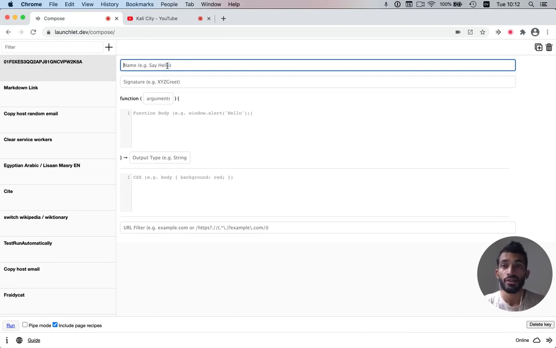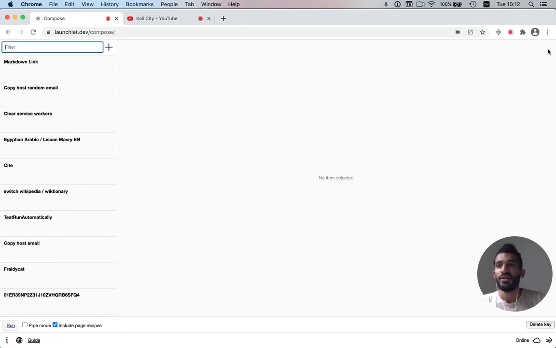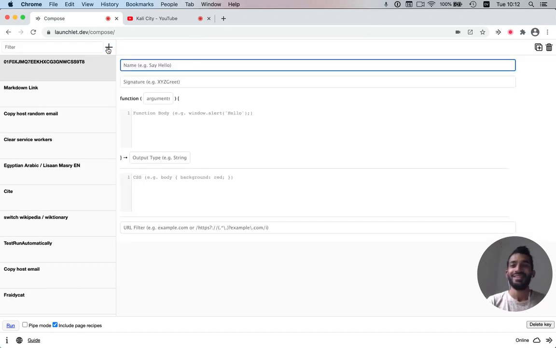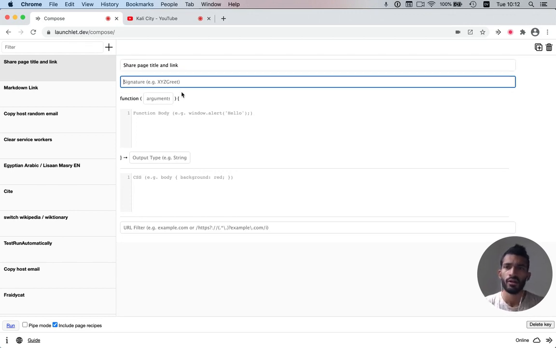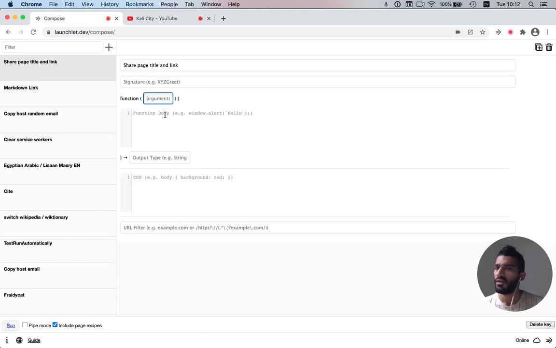I'm going to start from scratch, or let's even just delete it, whatever. Let's make a new recipe by clicking the button. No magic happening here. Share page URL and title is what we're going to call it. You can call it whatever you want, but just to keep it very explicit. Link. Okay. So that's going to be the name of the recipe, and we're not going to have a signature for this or arguments. We're just going to go straight to the function body,